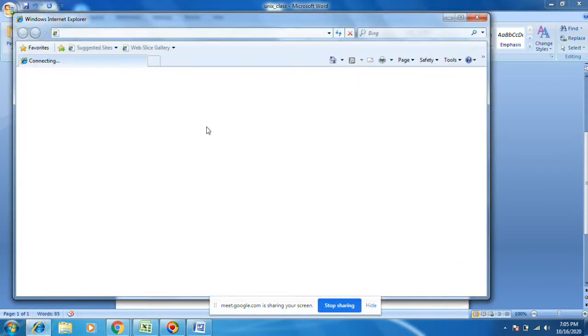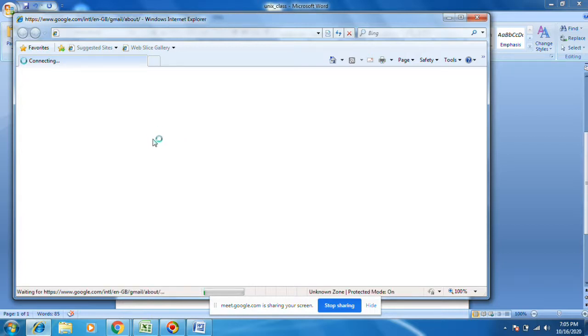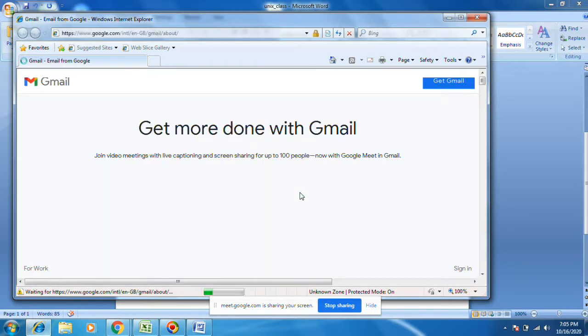You see mail.google.com will open. This is called inserting hyperlink in Microsoft Office Word. It will open mail.google.com and then it will ask something similar, like get Gmail.